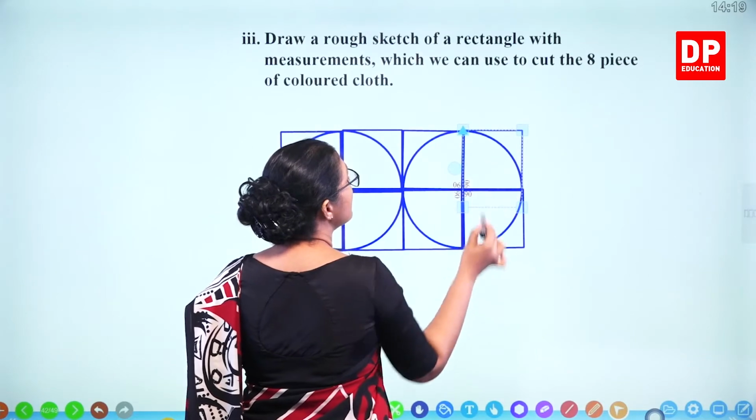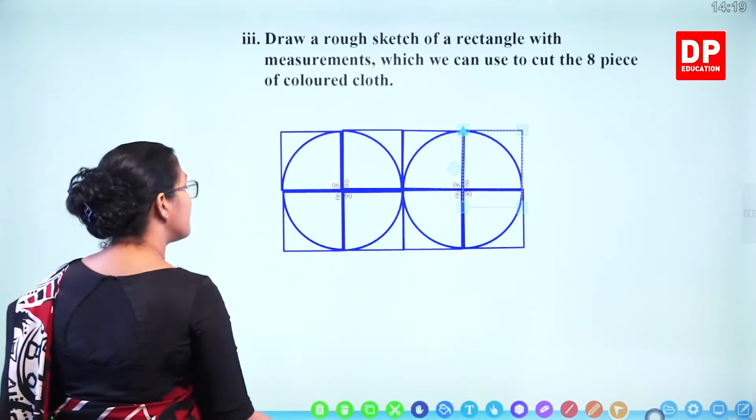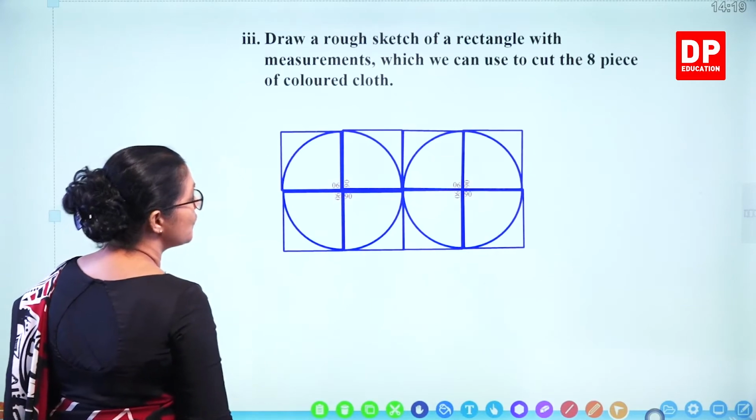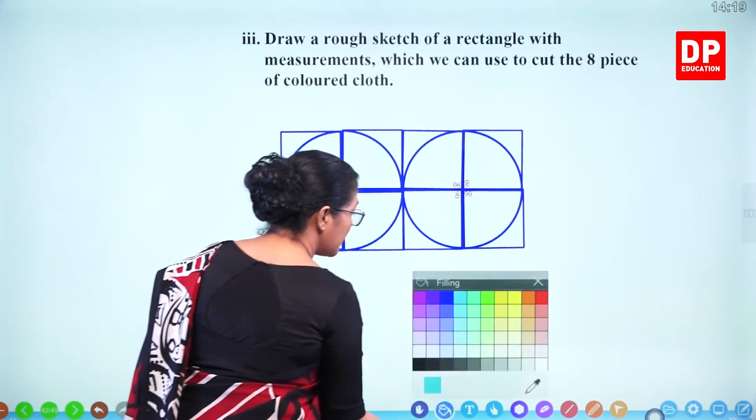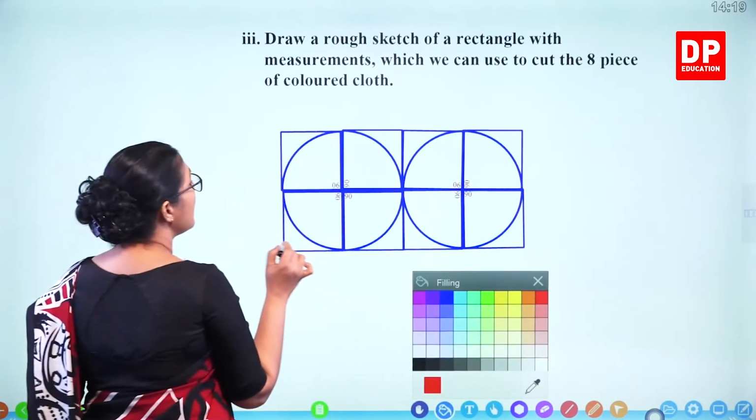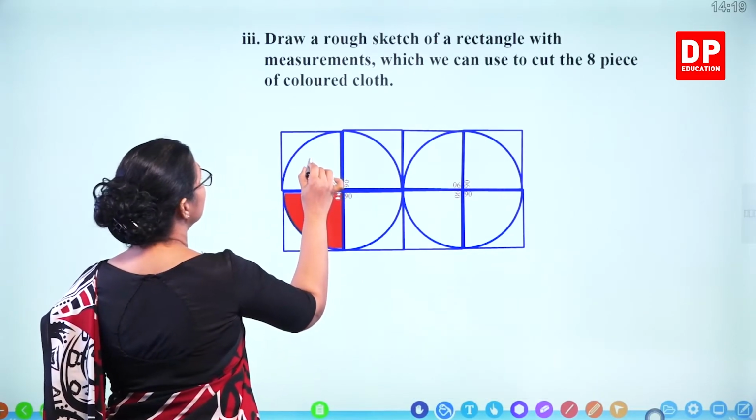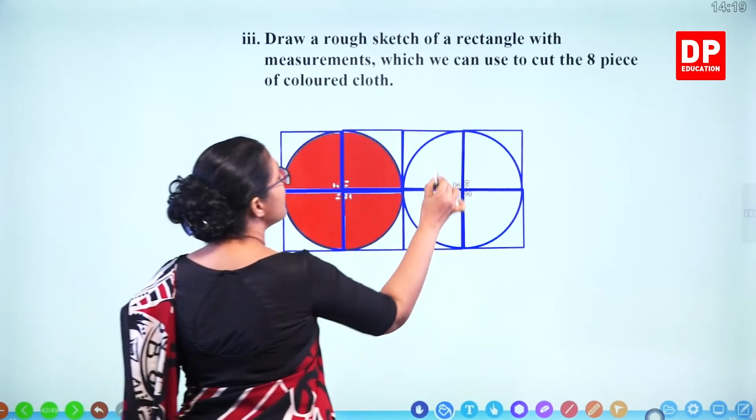This is one design. So we can color it. So earlier it was red color. So this is one